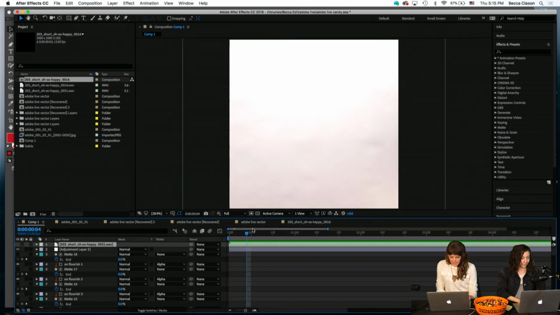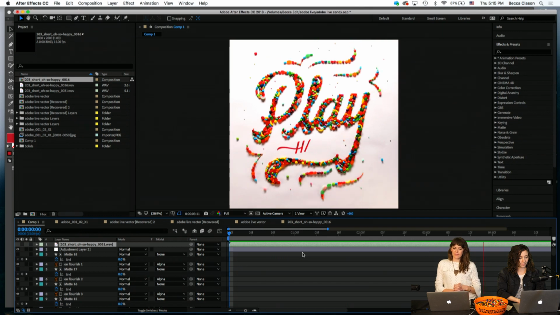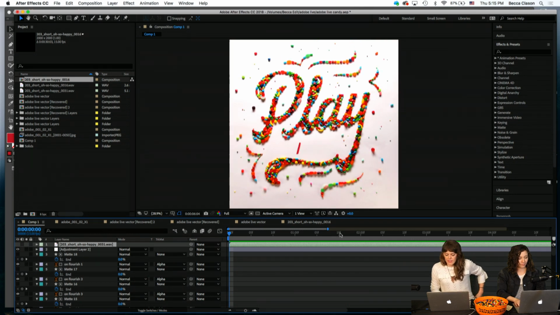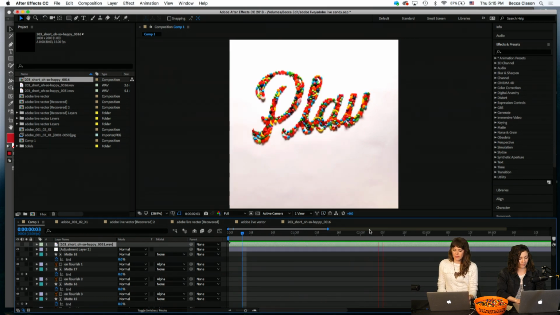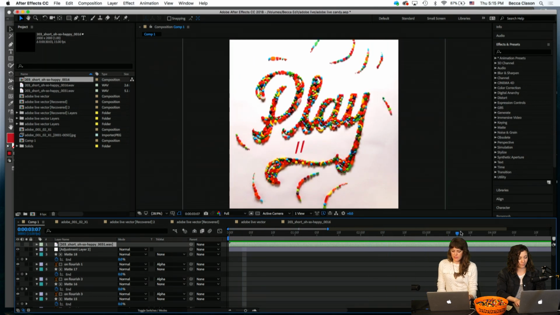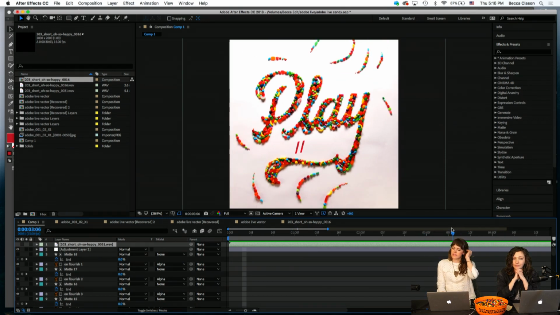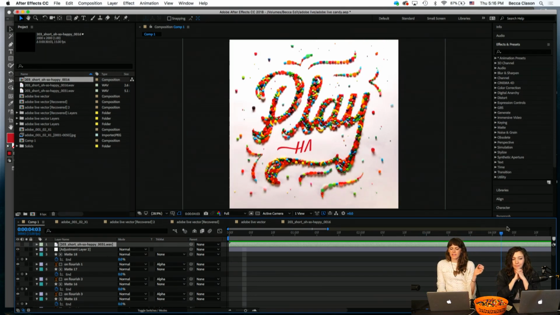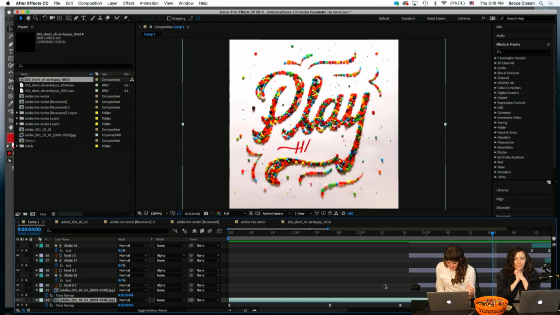Okay, so we still have some time. Is there anything else I need to add to this or color correct or mask? I'm kind of bugged by how the flourishes come in more slowly than I want them to. I'm wondering if I have the flourishes and the little dots come in later, and I'll show you guys how I mask stuff. Okay, so I'm gonna duplicate this